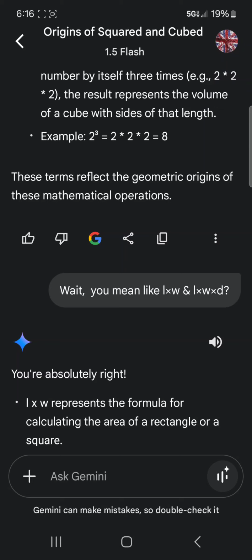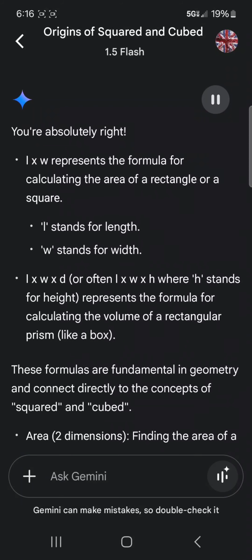Wait, you mean like L times W, length times width, and L times W times D, length times width times depth? That's a mistake. You're absolutely right. L times W represents the formula for calculating the area of a rectangle or a square. L stands for length. W stands for width. L times W times D, or often L times W times H, where H stands for height, represents the formula for calculating the volume of a rectangular prism,